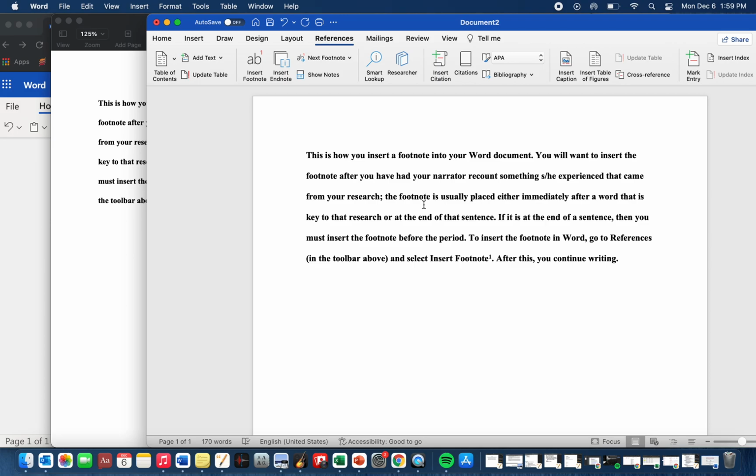You will want to insert the footnote after you have had your narrator recount something she or he has experienced that came from your research. The footnote is usually placed either immediately after a word that is key to that research or at the end of that sentence. If it is at the end of a sentence, then you must insert the footnote before the period. To insert the footnote in Word, go to References,